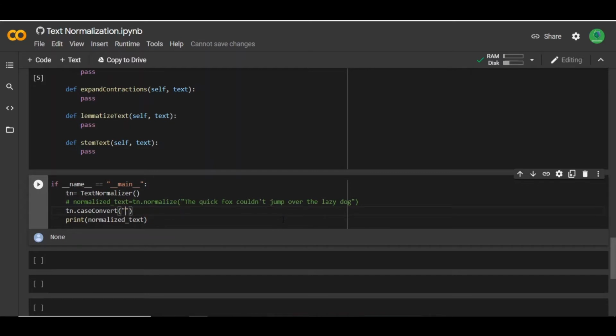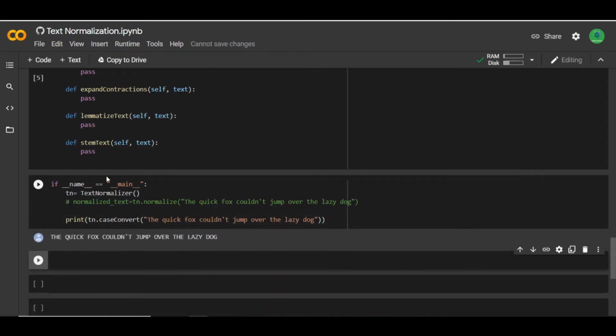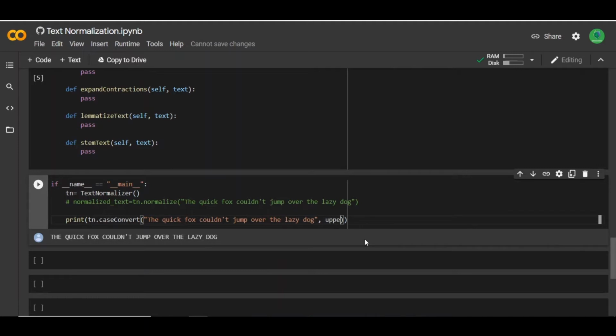Oh, I think we need to use double quotes here. Then I can call this inside the print function so that we get the output and print it out as well. You can see that it was converted into uppercase, and this works great. Then we can specify whether we want it to be true or false. So if I pass in upper equals false,